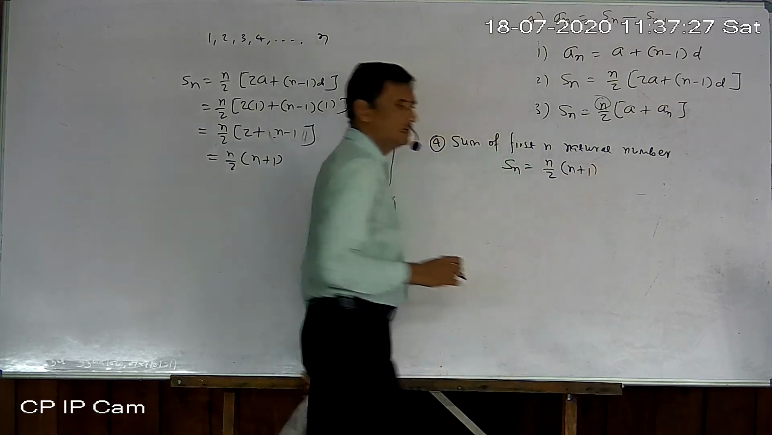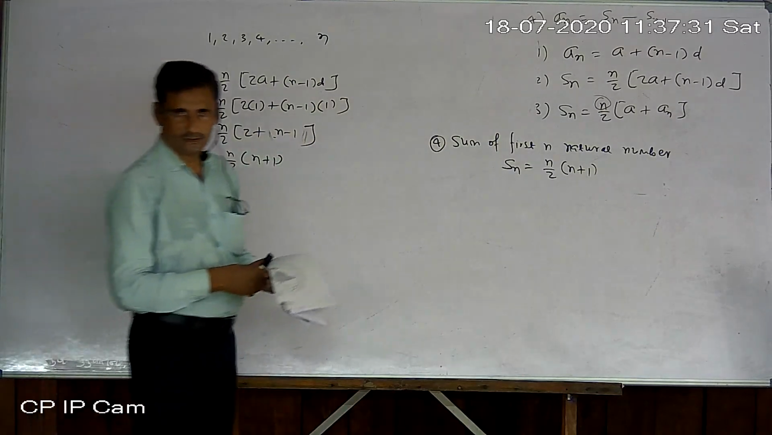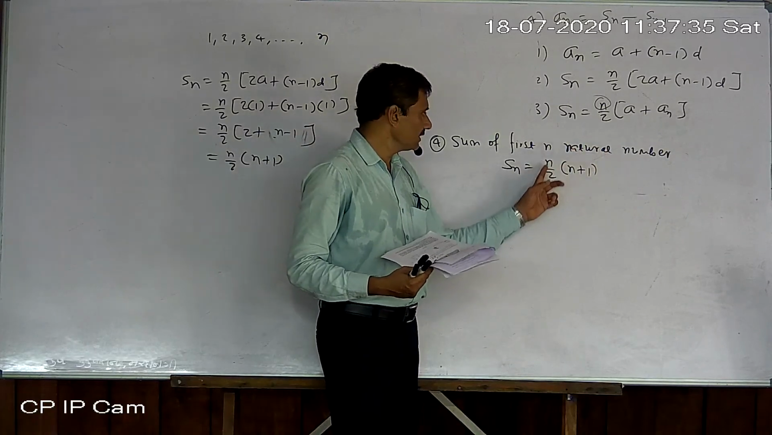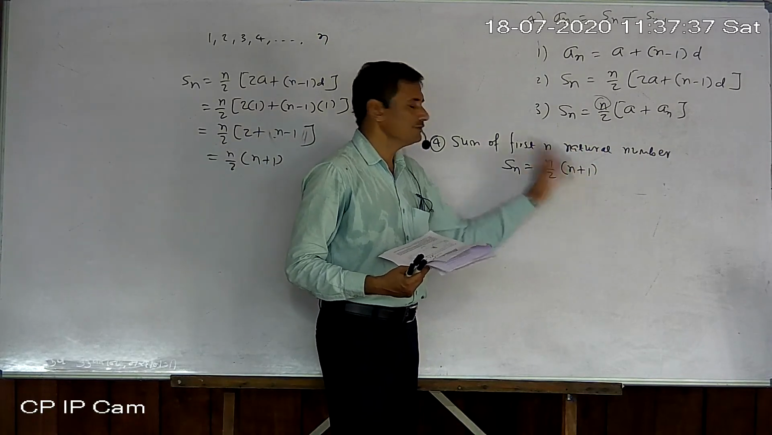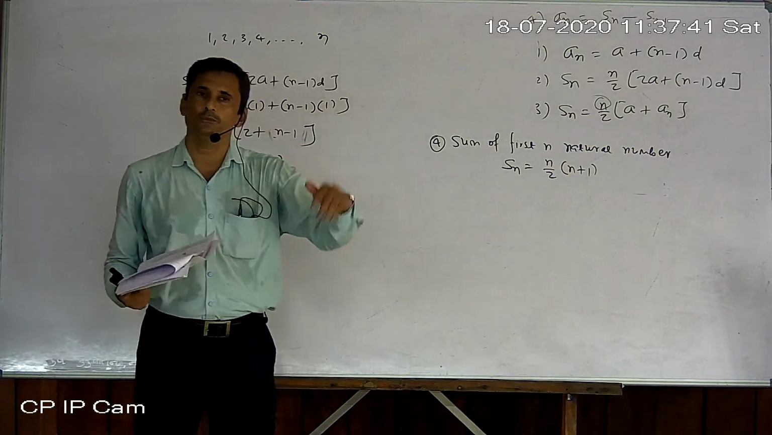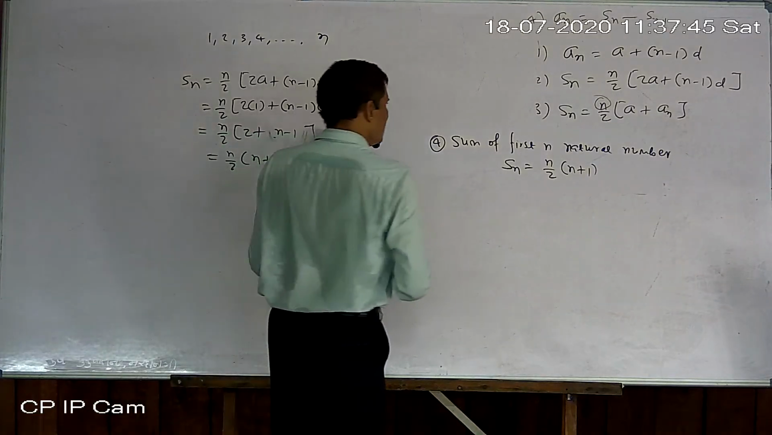Now if I ask you to find the sum of the first 100 positive integers, or 100 natural numbers, then obviously it is 100 by 2, which is 50 into 101. So 50 into 101, whatever you get, that is the sum of the first 100 numbers. Okay. Now, the sum of the first